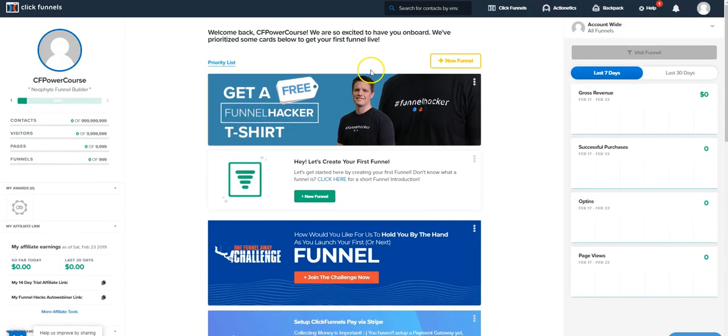As we come up, you can see in the middle your priority list. Your priority list is really important to follow along with because it walks you through all the different stuff for you to be successful with ClickFunnels. Number one, you get a free Funnel Hacker t-shirt. Now this actually does not usually ship out until after your 14-day trial has passed and you've been charged for your first month. So just keep that in mind that it's not going to probably show up for at least